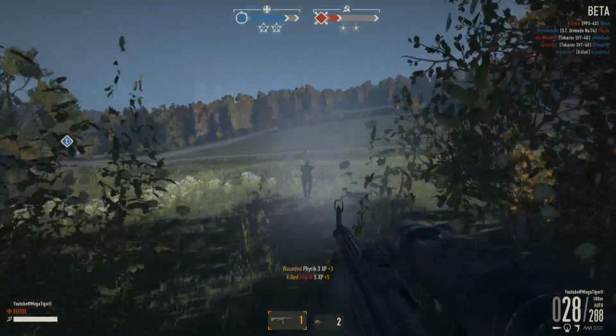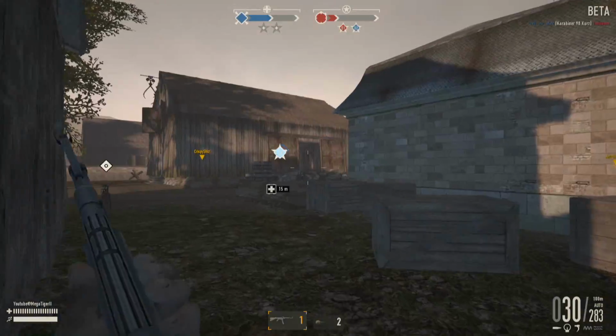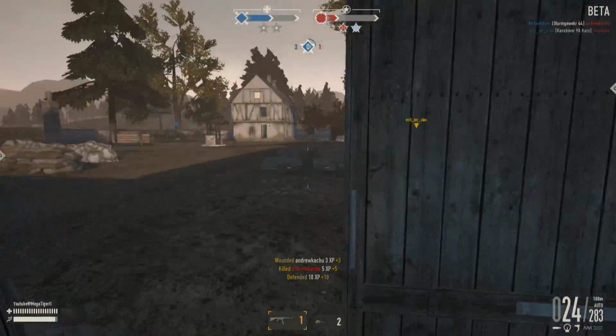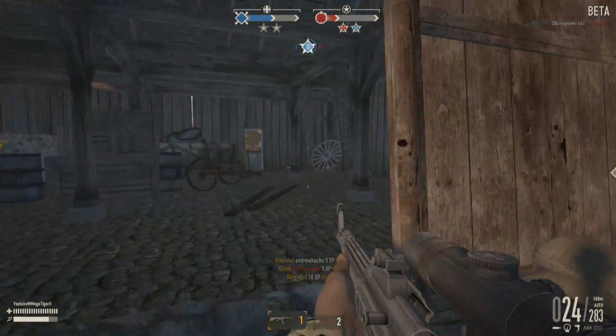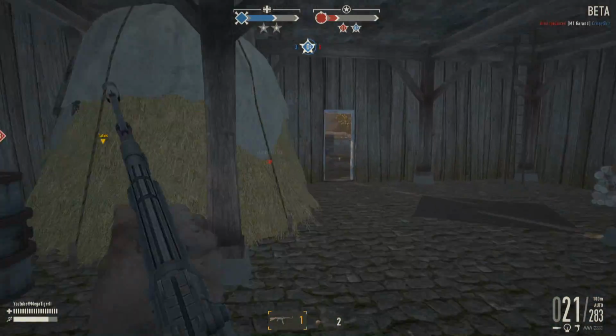The Sturmgewehr just doesn't really do the best at super close range against, say, 720, 800, 1000 rate of fire. Those crazy rates of fire, you'll most likely have issues. But apart from that,